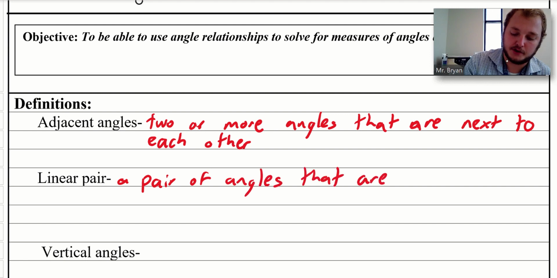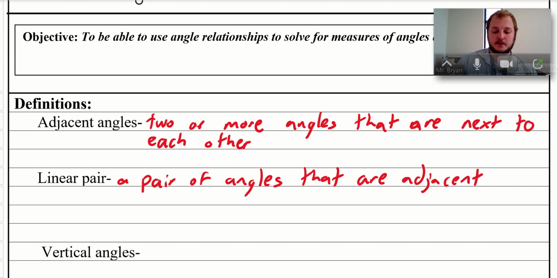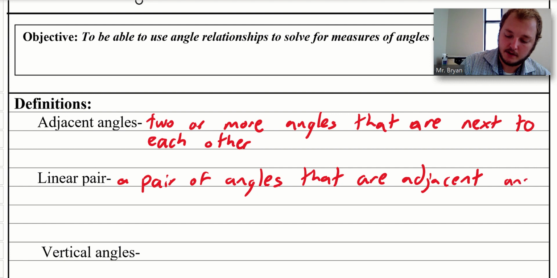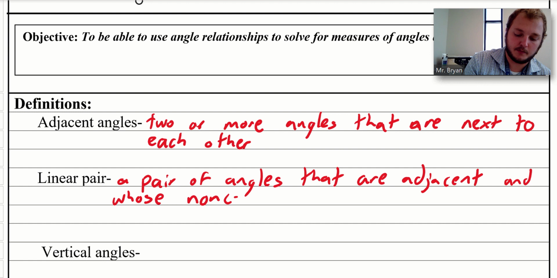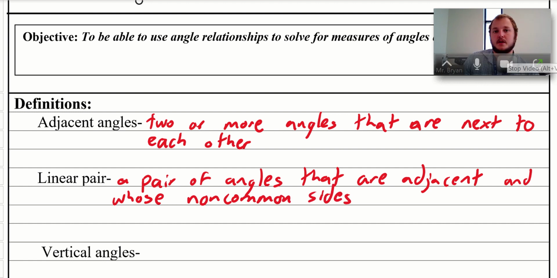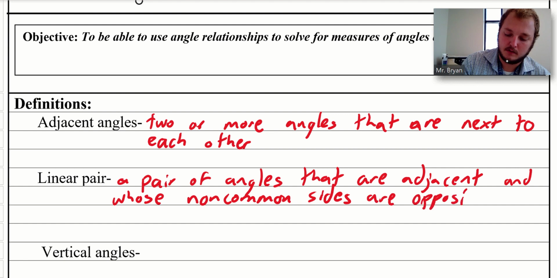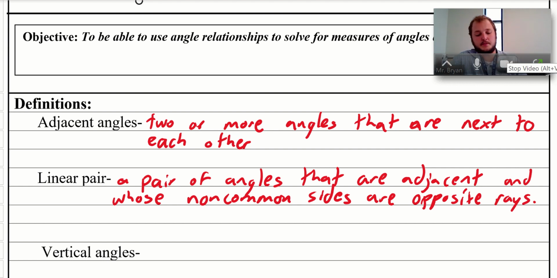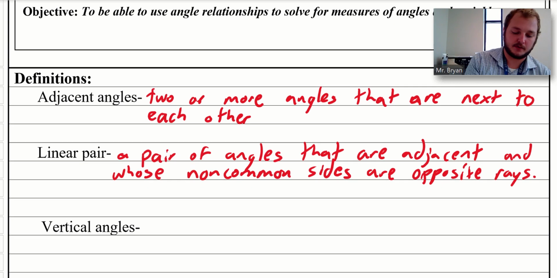A linear pair is, as it sounds, a pair of angles that are adjacent, two angles that are next to each other, and whose non-common sides are opposite rays. Whose non-common sides are opposite rays. Like I said, this is a very technical geometry definition. It doesn't make too much sense right now. If we draw an example of this,